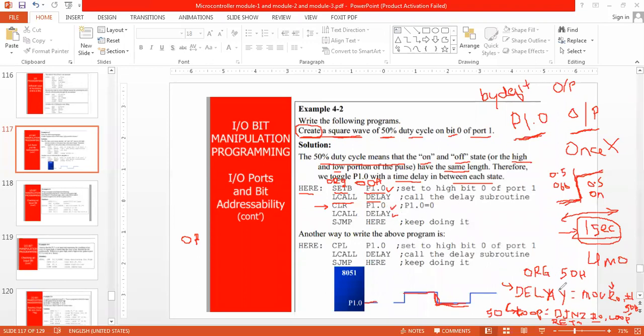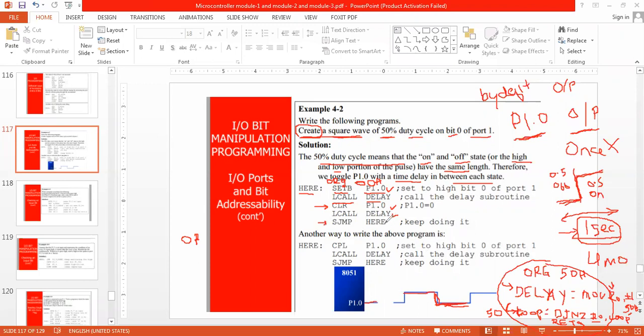I am coming into the delay program. So I am time passing for 50 times. After 50 times, P1.0 remains 0, low only. Then whenever the return executes, after 50 times, where is it going to take me? It is going to take me to the SJMP here.